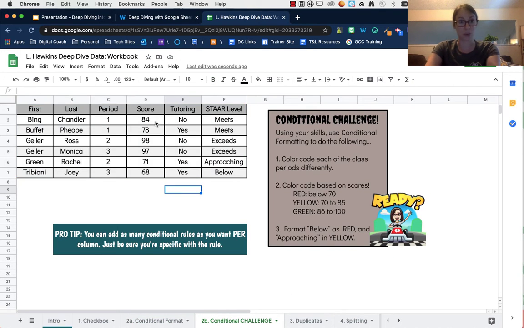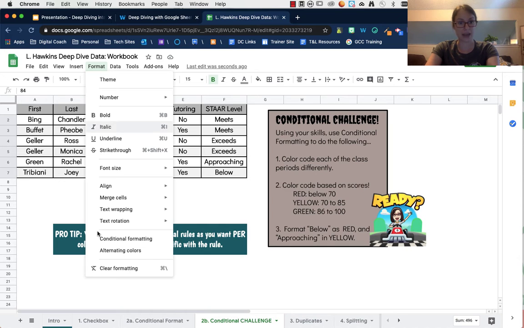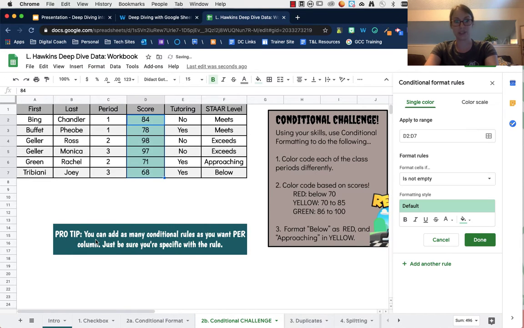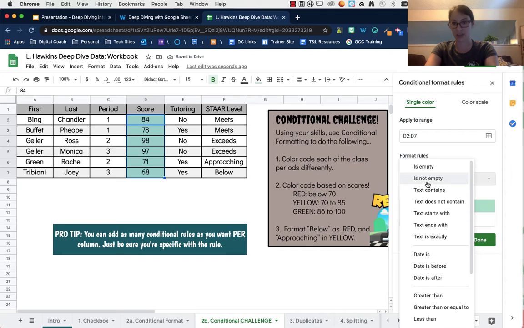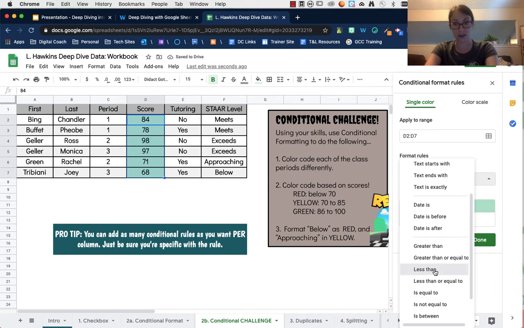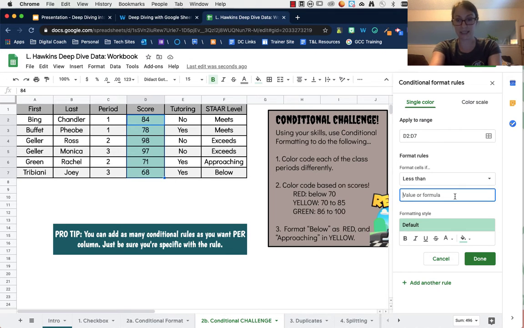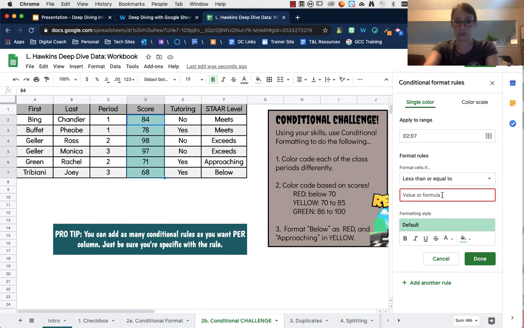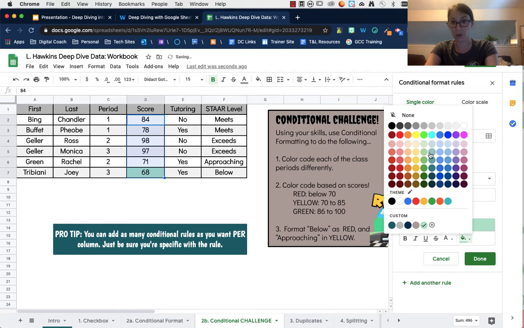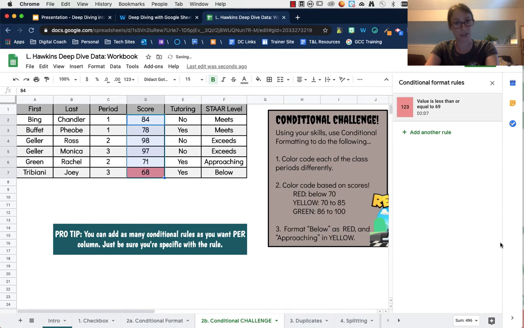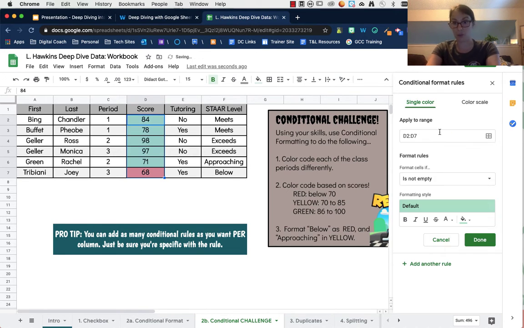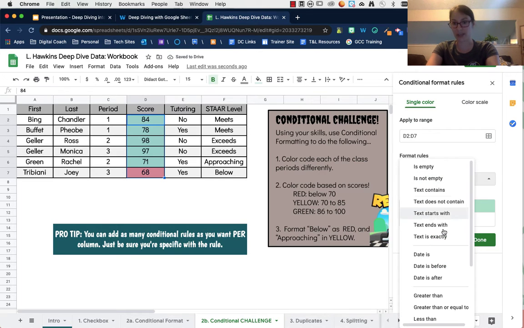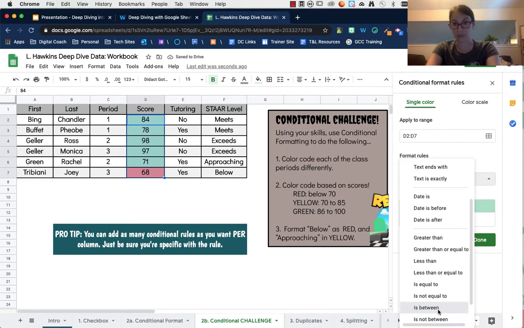Maybe I want to approach it based on score. So you can do that. So I'm going to come up, same thing to format, conditional formatting. Let's do it based on score. So I can scroll down and say, okay, if it's less than the number, or you'll see or equal to. So you could do, if it's 69 and below, we're going to classify those in red because that means those kids are failing. If I want to know where my bubble kids are, I can do is between,